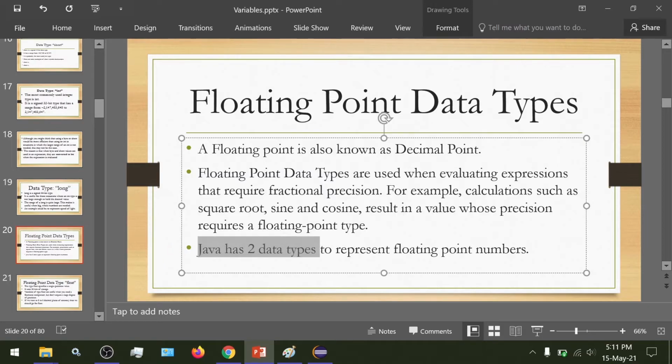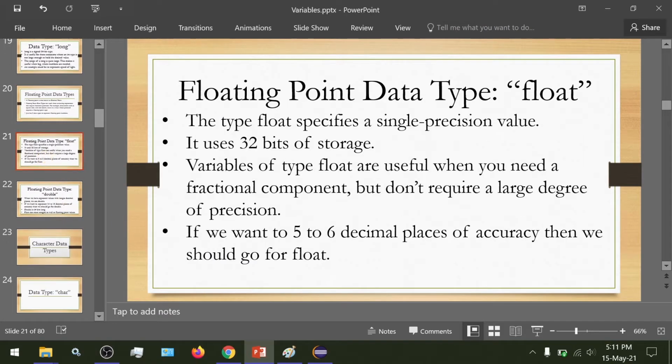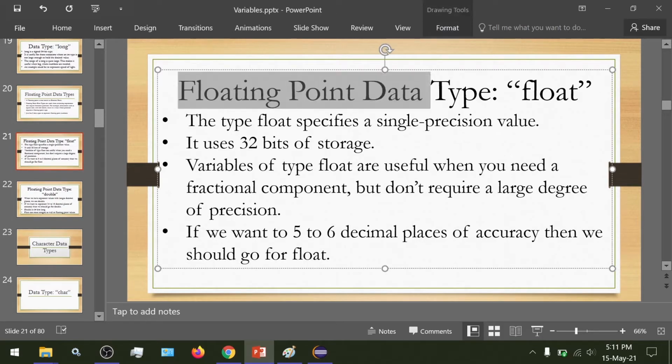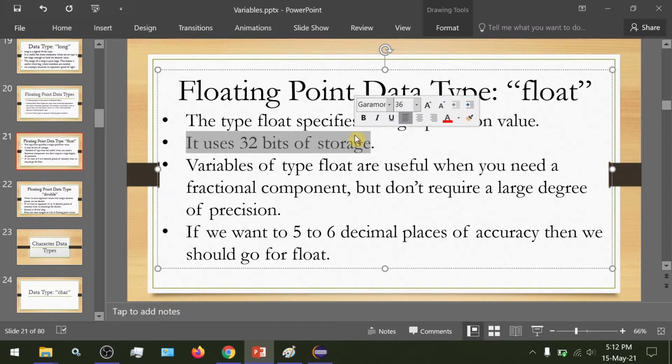Java has two data types to represent floating point numbers. Let's take a look at them. The first data type in the floating point type is float. The float data type is used to represent a single precision value, and it uses 32 bits of storage.